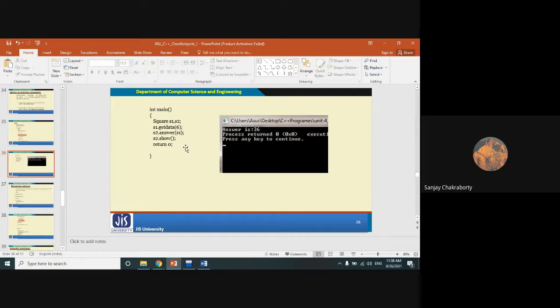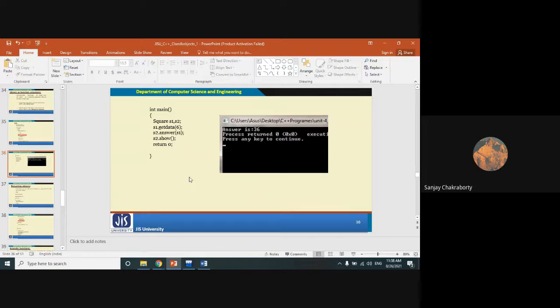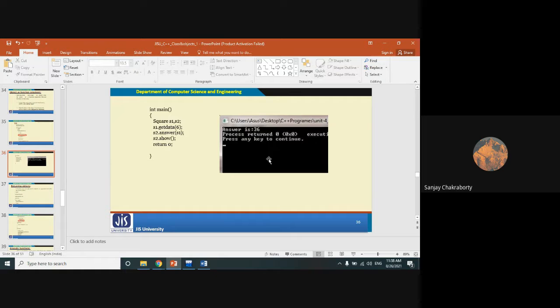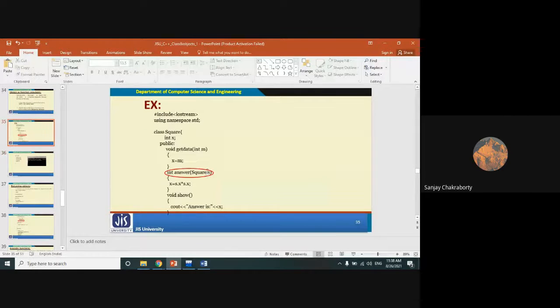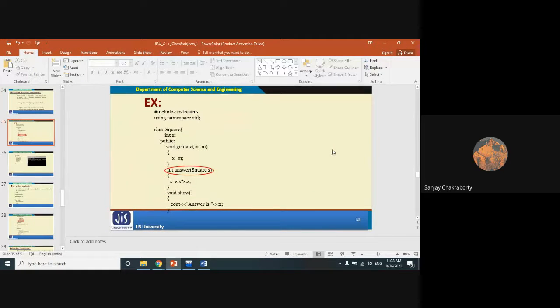S1 dot x means 6, and s1 dot x means again 6. So 6 into 6 is 36. Then we will call the show function with the help of the second object, s2, and the show function will just print the final value of the area of the square, that is 36. This is the way we can pass an object through a function argument.